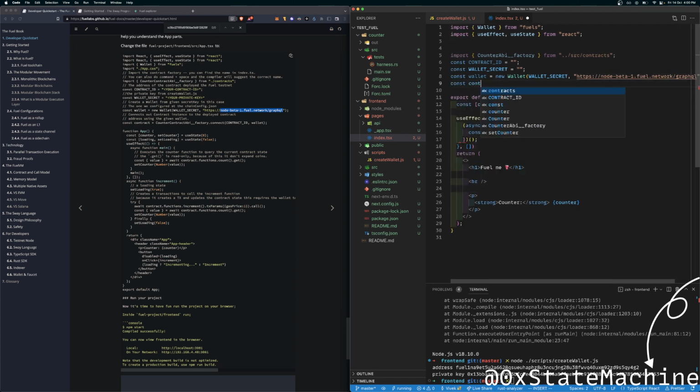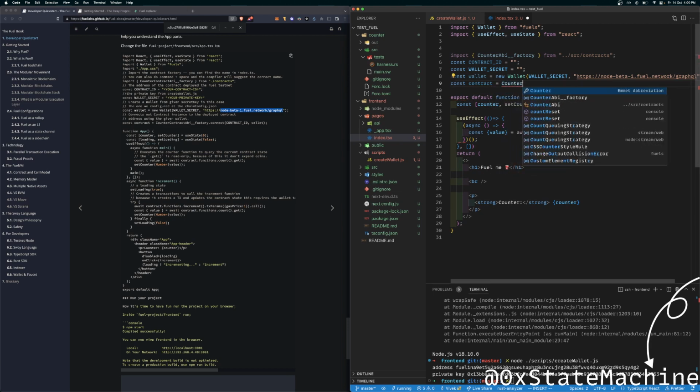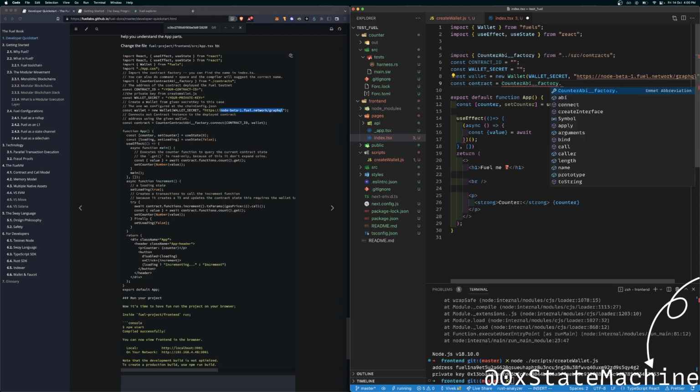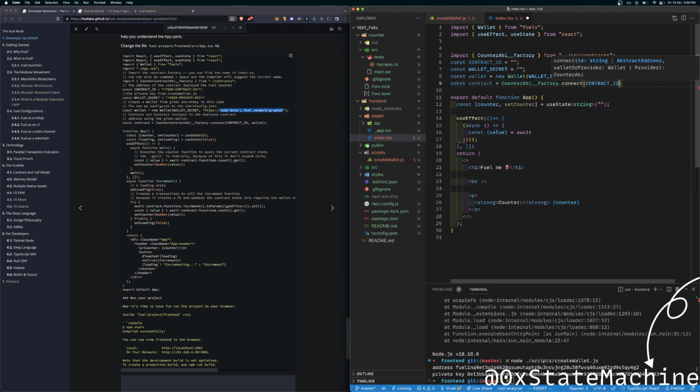And then we're going to do contract is equals to counter ABI factory dot connect, which takes in a contract ID and a wallet object. Interesting. So we'll just fill these things.